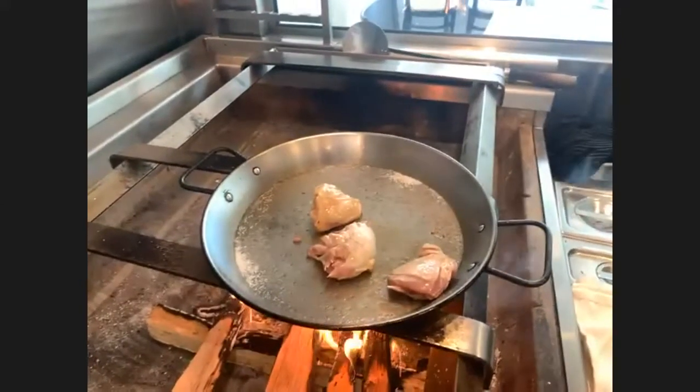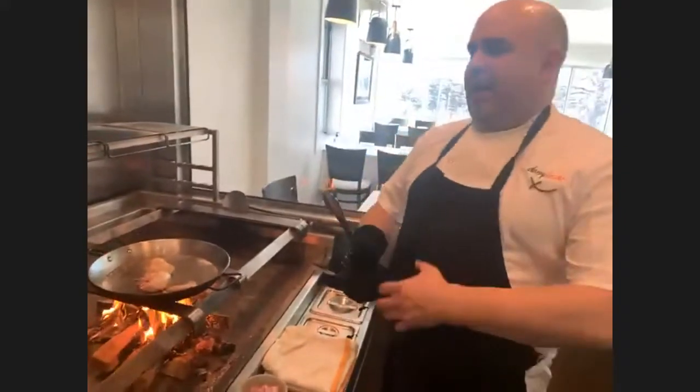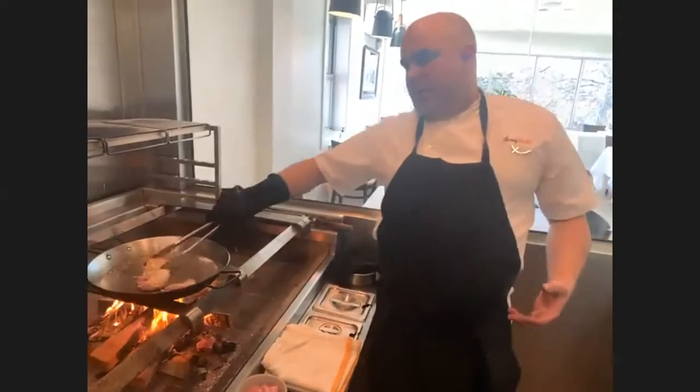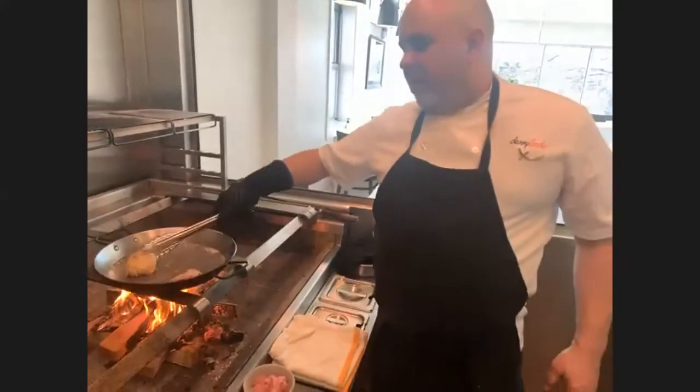So the reason why you get this is around 60 to 70% of the highest heat. You don't necessarily want to start splattering all over the place, burning parts of the chicken versus other parts of the chicken not being cooked. So also, if you do it a good